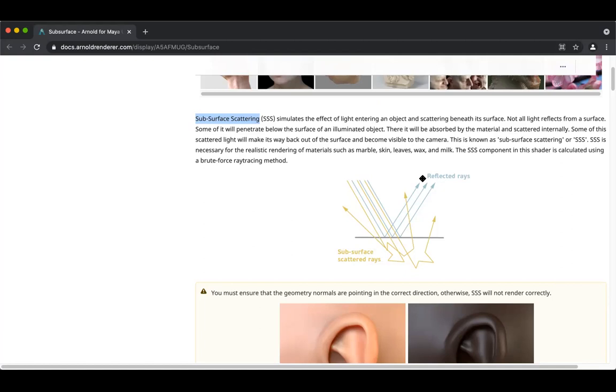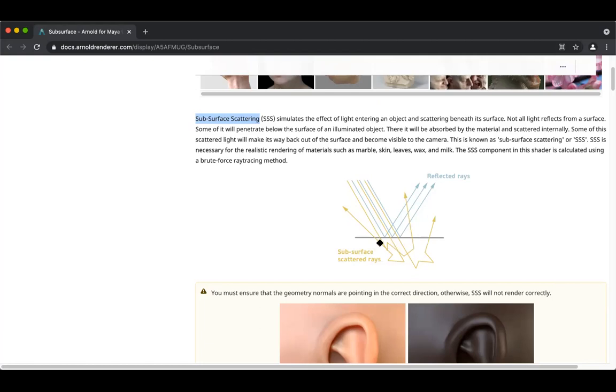That's it. In this class, we are going to use subsurface scattering. Now, what is subsurface scattering? Look into the yellow rays. Light rays hit the surface and penetrate inside the surface. Inside the object, the light reflects multiple times, and then it exits the object again.